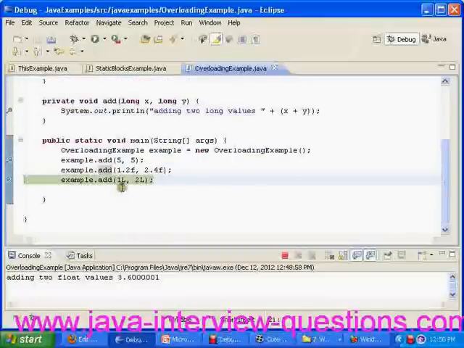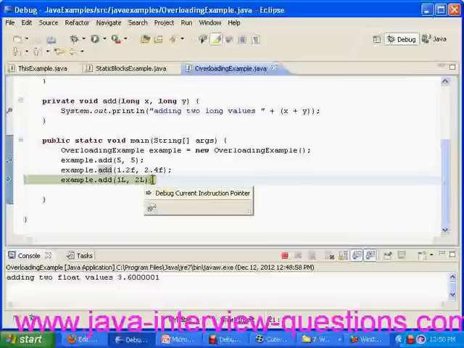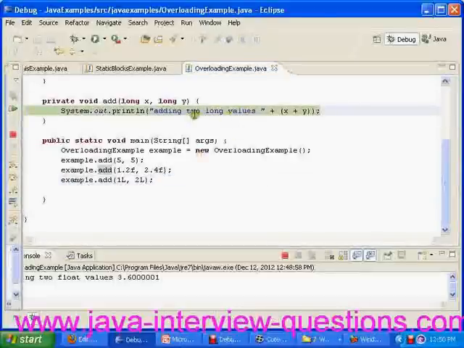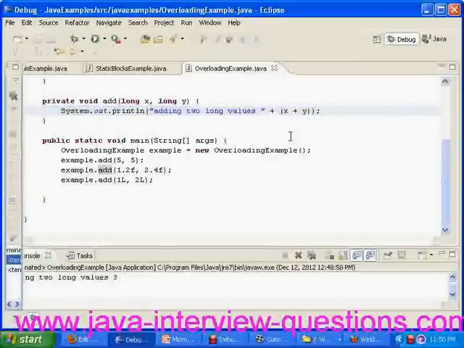And now the next method call is example.add 1L, 2L. Now it will check the same method name add with two long values, and it will print adding two long values x plus y, and the corresponding value will get printed.